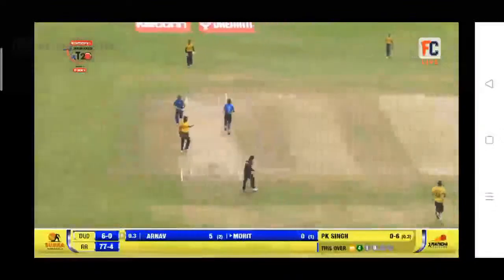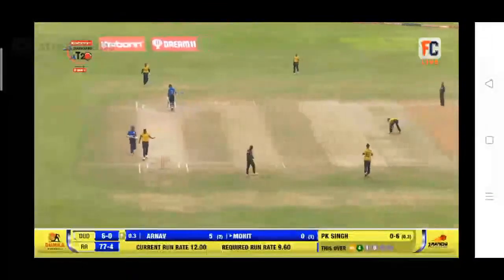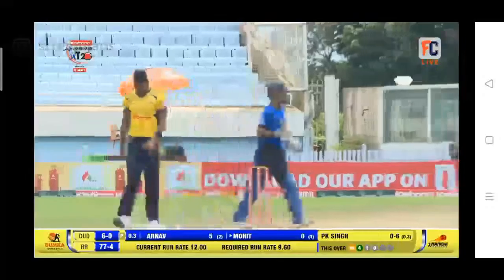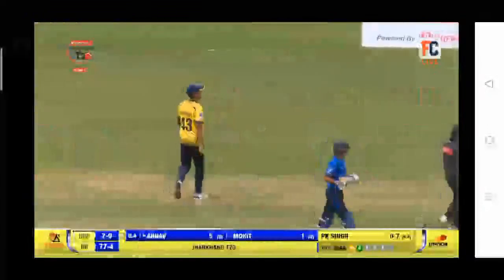A good ball once again, but played down gently towards the onside to short mid wicket. One run.